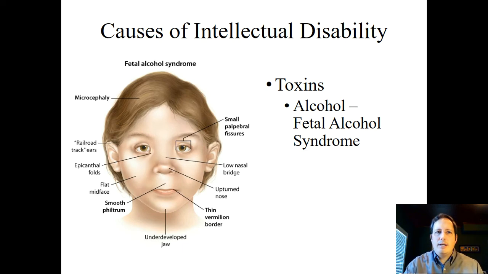As you can see here on the left is a child with fetal alcohol syndrome and some of the particular unique characteristics that we frequently see with an individual who has been exposed to high levels of alcohol during the pregnancy. You can just spot them. They do not typically look like your typical child. You know that there is either a genetic or, in this case, an environmental toxin in the form of alcohol for this.